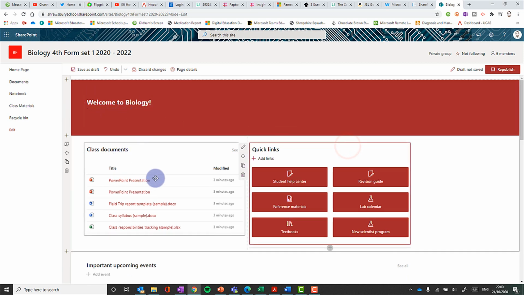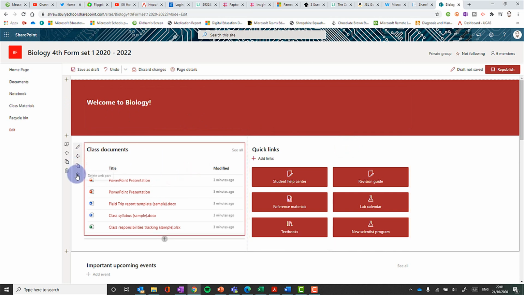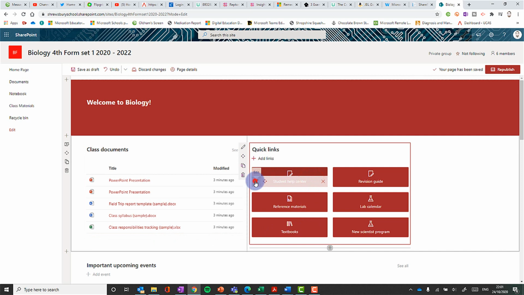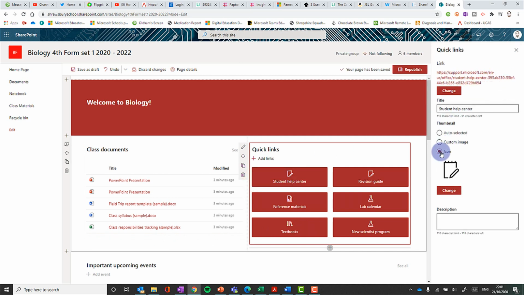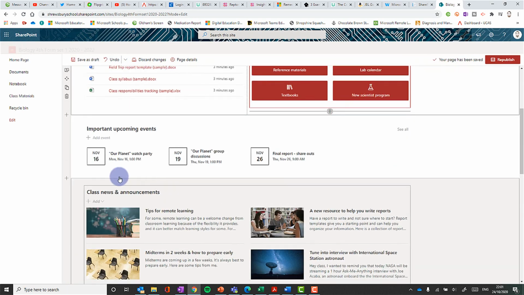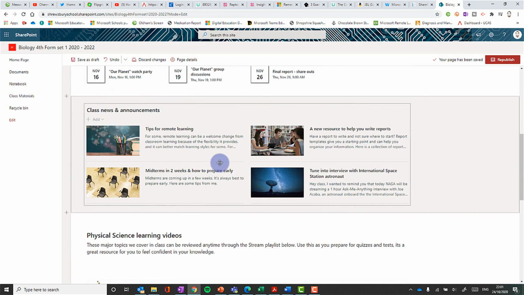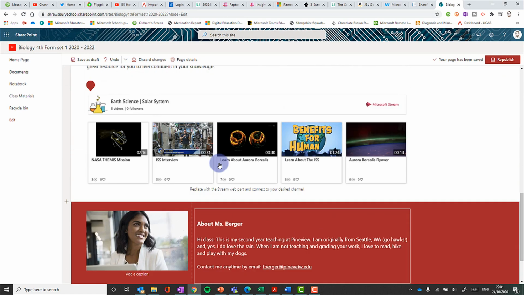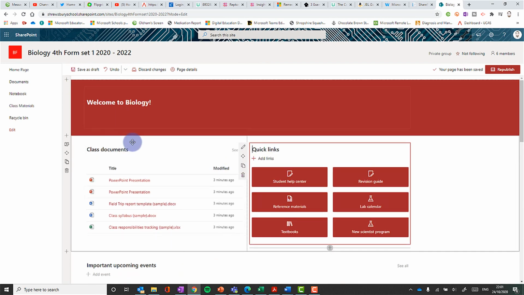Each of these little boxes is a web part. I can delete web parts. I can click the plus to add new web parts. So here's some links. I can edit each link. Okay. I can choose a custom image. I can do whatever I want there. That's great. Okay. I've got events. I've got some announcements. So I can make quite a fun, nice, interactive, proper page that is going to be